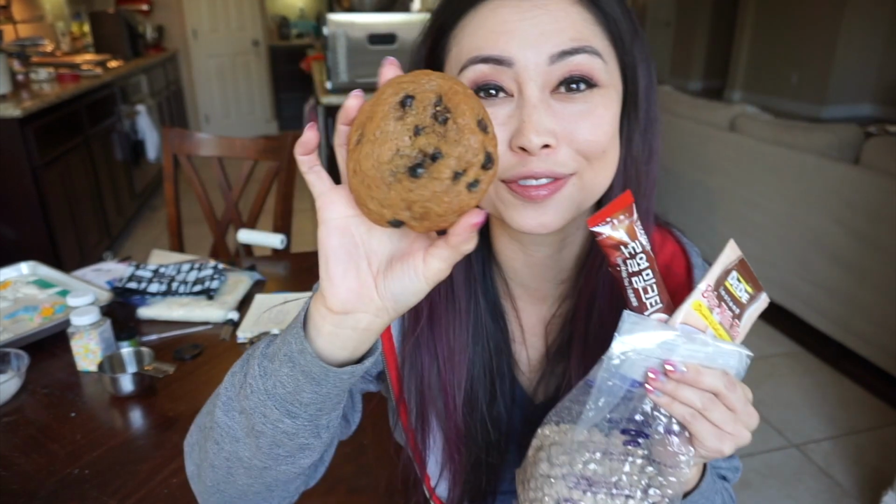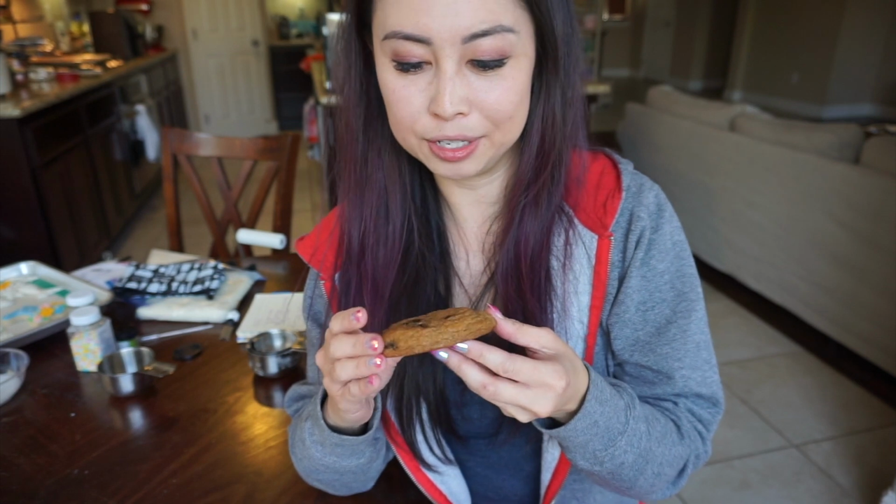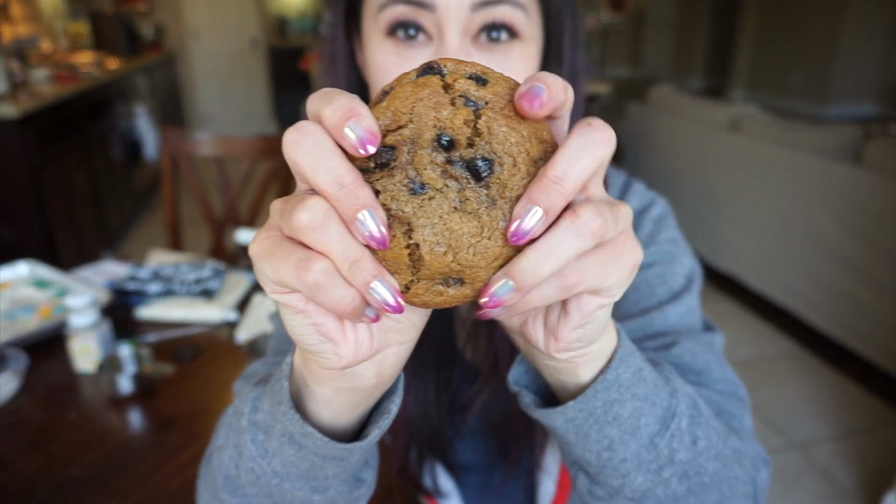Guys, today we're going to be using our milk tea powder, some tapioca, and transforming them into cookies. Alright, so these milk tea cookies are super interesting. The base is a very solid chocolate chip cookie base, and I added milk tea powder to these cookies so that they actually taste like milk tea, and they also have the tapioca pearls inside. So when we break into them,